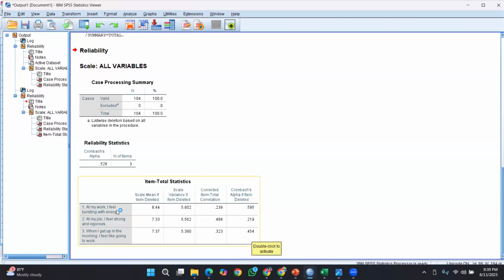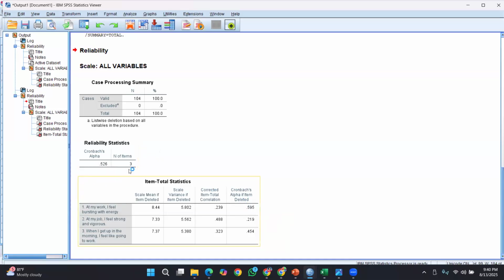You can see the maximum that we can reach is 0.595. If you delete question number 1, the Cronbach alpha value can be raised up to 0.595. That's a good increase, and it is closer to 0.6 as well. So the authorities might consider that as an option.